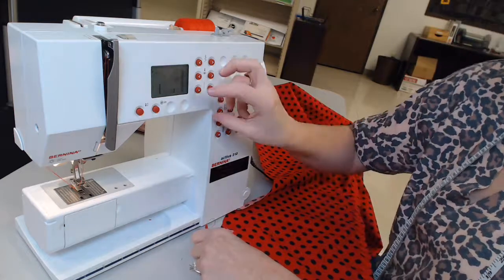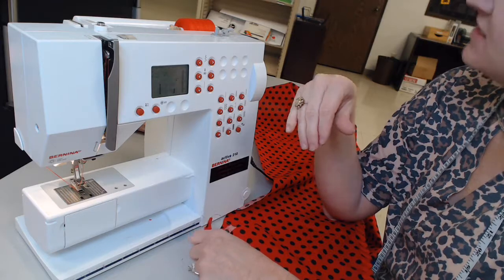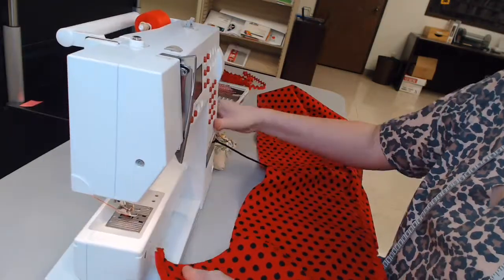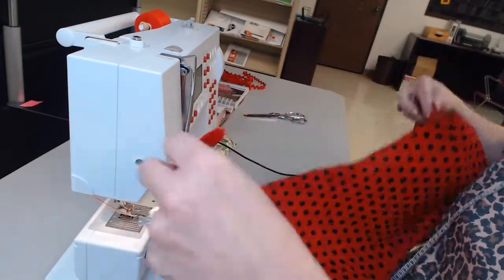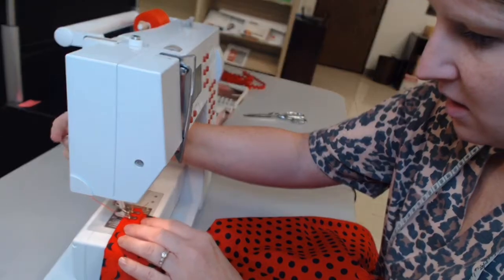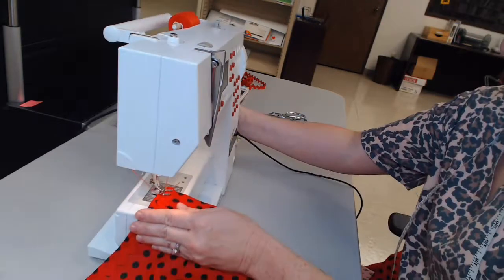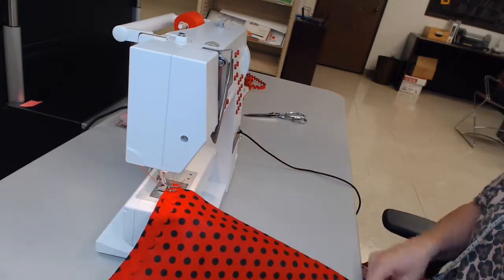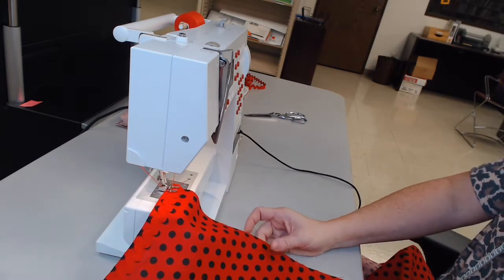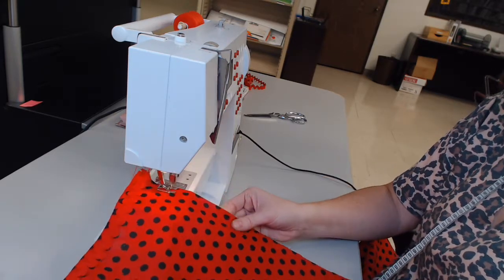Some of them have a dial that you turn to do your stitch length. Some of them look like this. Each machine is a little different, so just read on what your machine needs. So I am going to do this first seam on this body here. Now, since we're doing a baste stitch, in order to be pulled and to ruffle it, I do not go forward and back, because this is to help me gather my fabric. So all I'm going to do is sew straight,